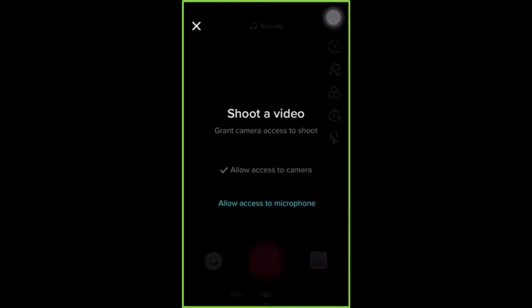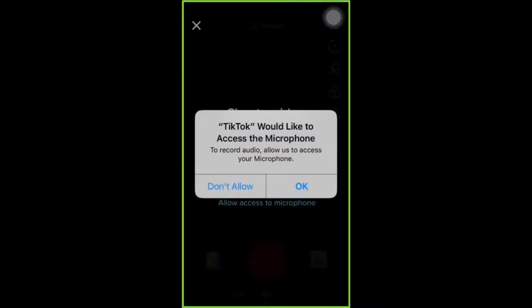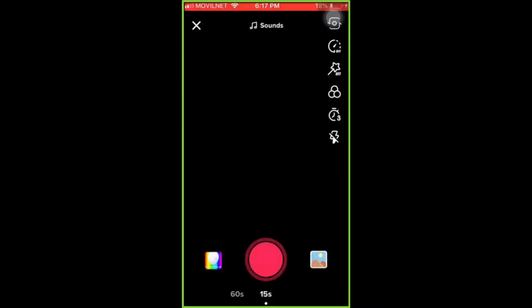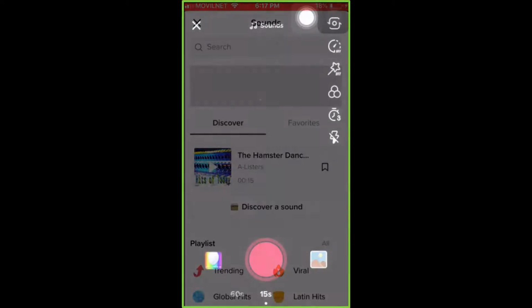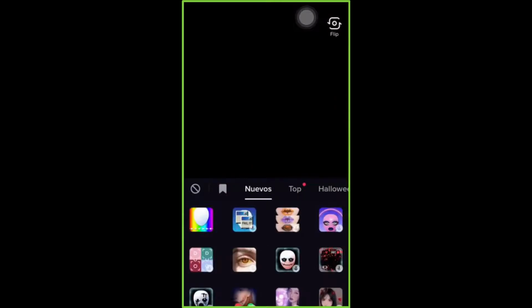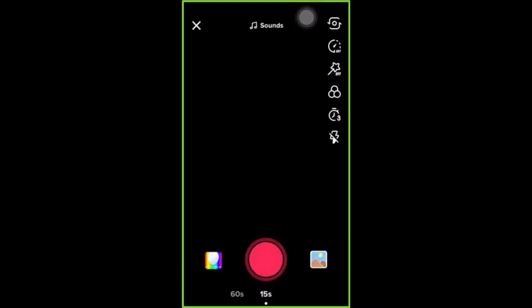This will take you to the recording screen, which is TikTok's main feature. This screen is simple enough. You can use the sounds icon to find the perfect sound or track for your recording, the camera icon on the top right to switch cameras, the drop-down icon to display more recording tools, the upload icon to upload an image or video from your device to your recording, and the effects icon to add effects such as stickers or